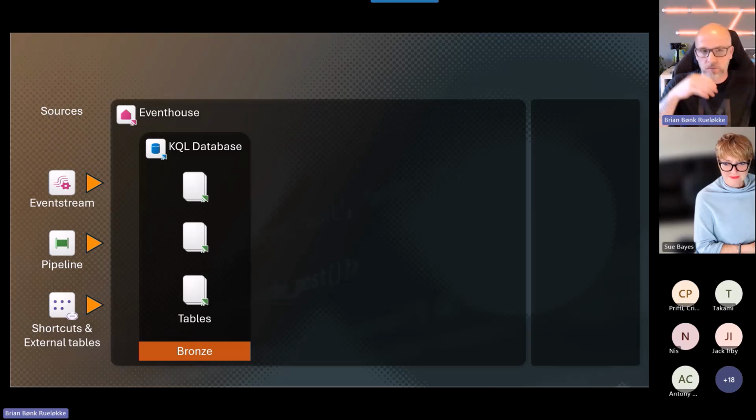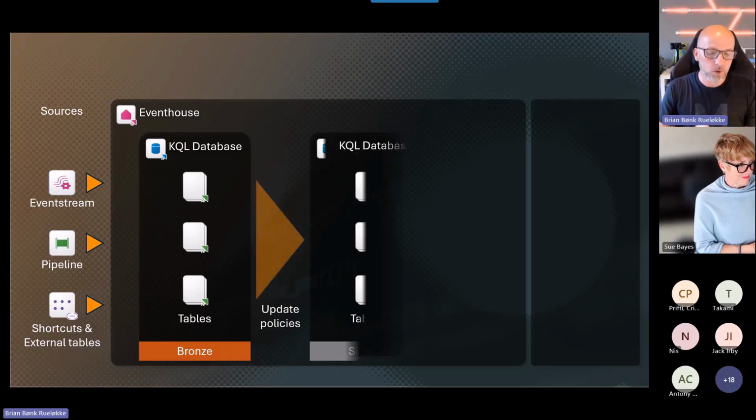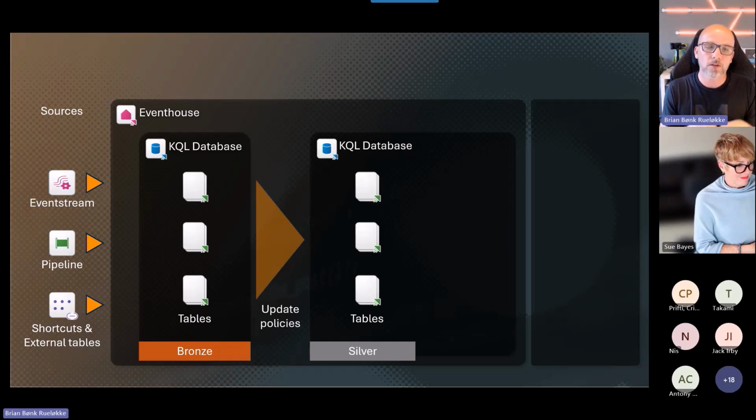The medallion architecture, I just use bronze, silver, gold. You can use whatever names you want. I'm not any kind of biblical around that one. Just name it as you like. Bronze is just the ingestion. That's the first layer from the event stream. This could be what you just saw today. I can then put in a so-called update policy. An update policy is, look at it as a trigger on your table. A trigger that listens to what happens in my source table, and then I can do calculations, I can do joins, I can do cleansing, I can do whatever I need to that dataset and put it in a silver layer, in a new table. That's an update policy, and it just runs out of the box.